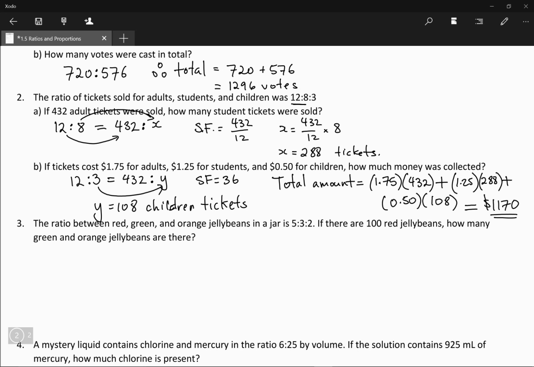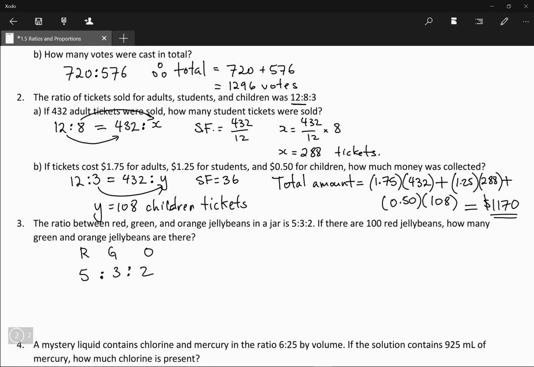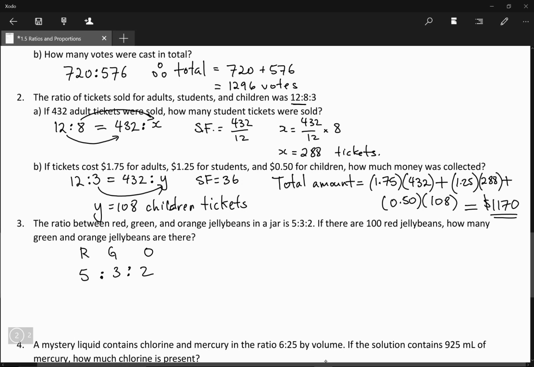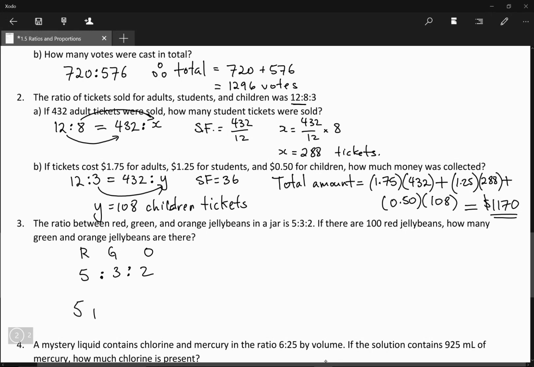Okay, so red, green, and orange. So sometimes it helps to just use these letters. The red, green, and orange are 5 to 3 to 2. Okay, so in total, there are 10 in total. So 5 plus 3 plus 2 is 10 parts in total. So 5 parts red, and 5 parts would be green and orange. So 5 parts are red, and 5 parts are